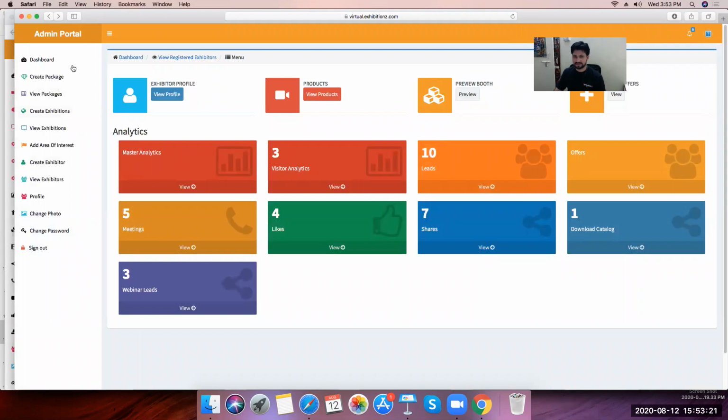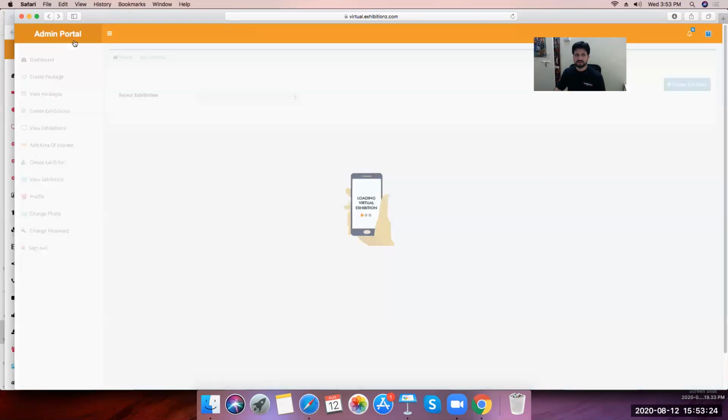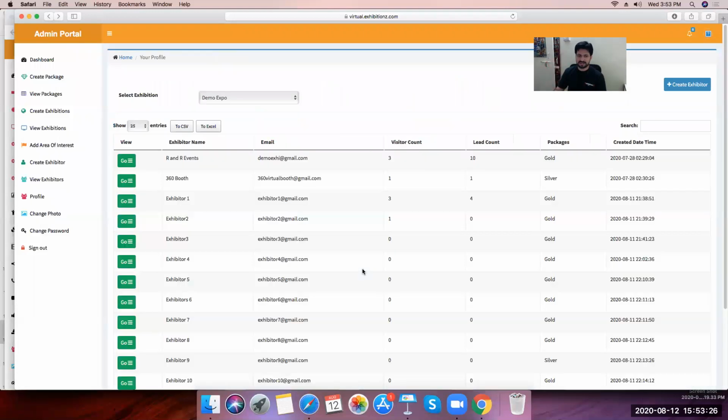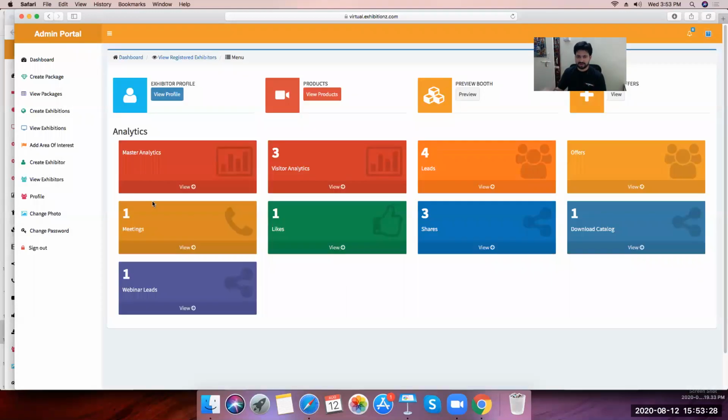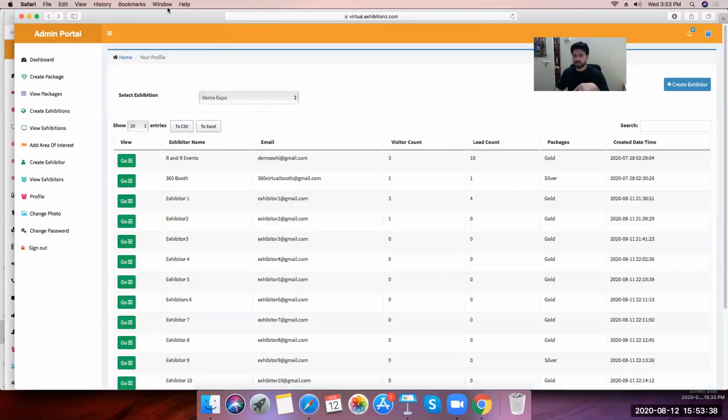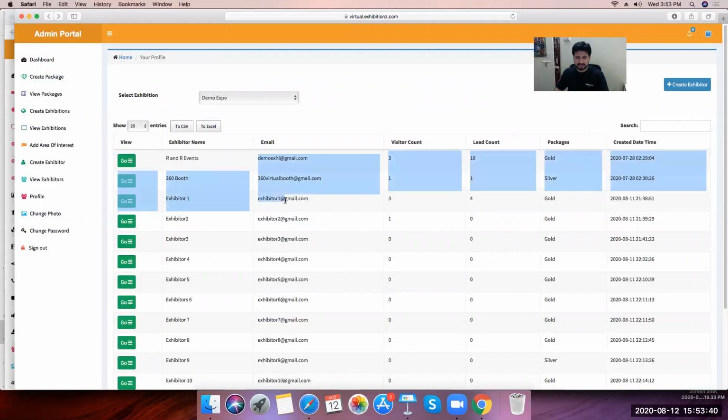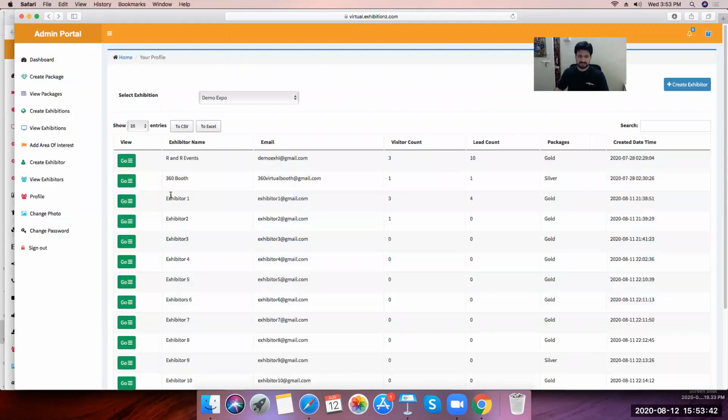Okay, done. Right. So you are able to see all the different aspects that are necessary. Like, for example, we did it for exhibitor 1 right now. So you can see all these different parameters here. This is the exhibitor screen, right? This is the exhibitor analytics on the organizer's portal. So you can see here, these are all the exhibitors.